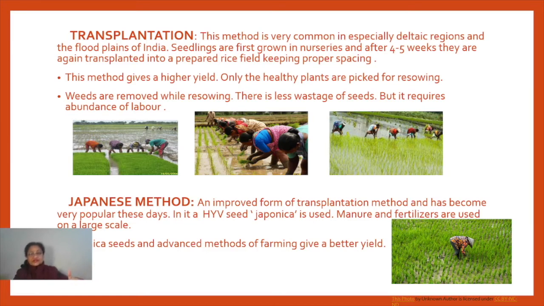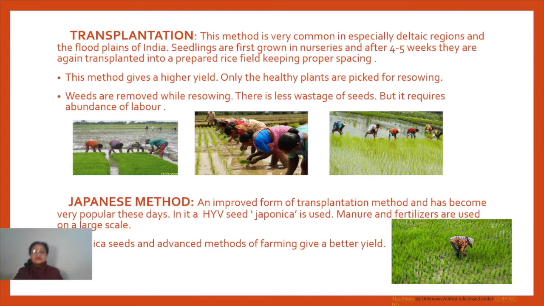Field for rice cultivation, and there these are transplanted again, keeping in mind that proper spacing should be left. Proper spacing is there, and moreover 3 to 4 seeds are planted at one place. So this is actually the resowing of the rice crop. This is called transplantation, and in this method you will find it gives a better yield. As compared to the earlier 3 methods, it gives the maximum yield.